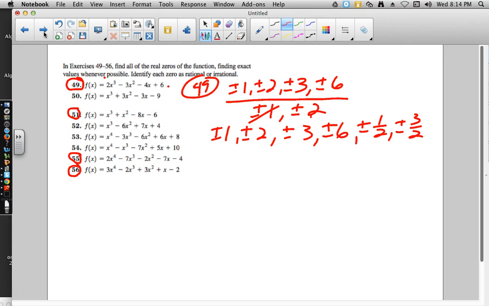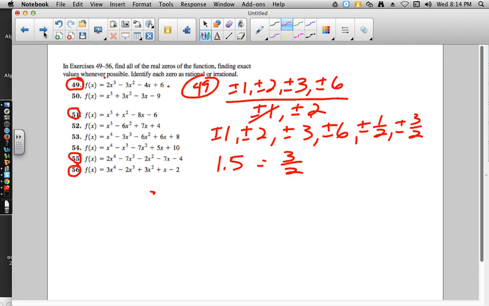You just use your table feature or use the second trace 0 feature, number 2. And the one that comes out nice is 1.5, which we can see from our list was a possible. It is 3/2. The other just looks kind of obnoxious at 1.4142136, negative 1.42136, etc. So if you don't recognize that other one, you don't have to,